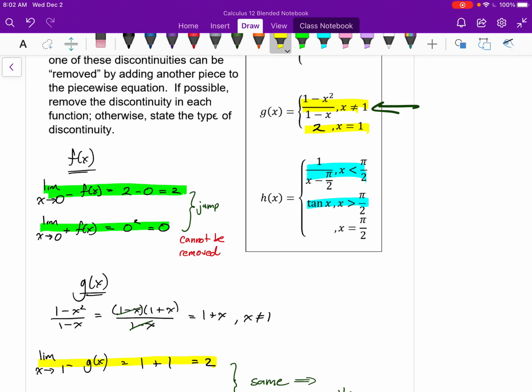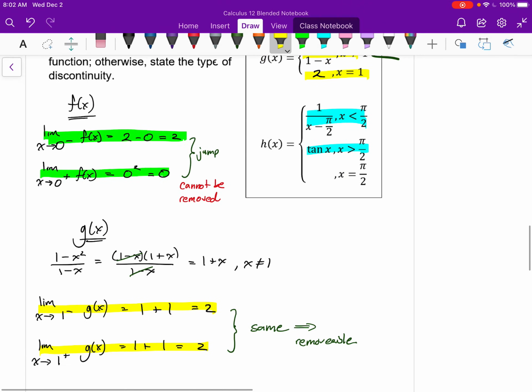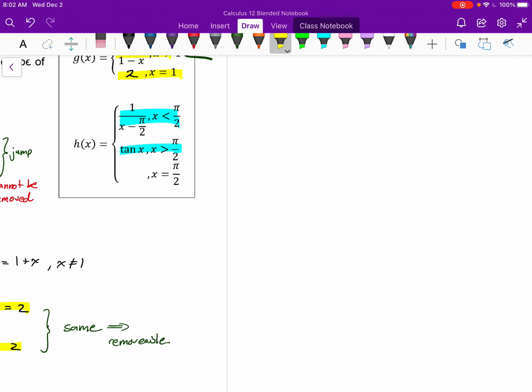And so g of x was a removable discontinuity, and not only that, I removed this discontinuity by creating that extra piece. So lastly, let's look at h of x. Oh, I didn't give myself much space here. Let's go off to the side. So for this, I have a separate piece for going from less than pi over 2 and more than pi over 2. So let's find the limit for h of x